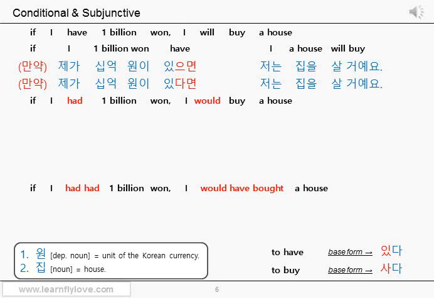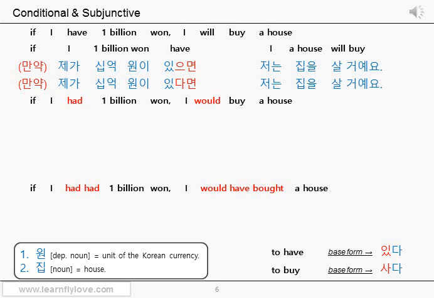만약 제가 10억 원이 있다면 저는 집을 살 거예요. Please see the 있다면 part. It is the combination of the stem 있 and the connective ending 다면. We told you that 다면 can be used for the conditional which has lower possibility. It's true, but anyway, you don't have 10억 원 now. Nothing is changed in the actual meaning. Therefore, they both sound almost the same. 만약 제가 10억 원이 있으면 저는 집을 살 거예요. 만약 제가 10억 원이 있다면 저는 집을 살 거예요.